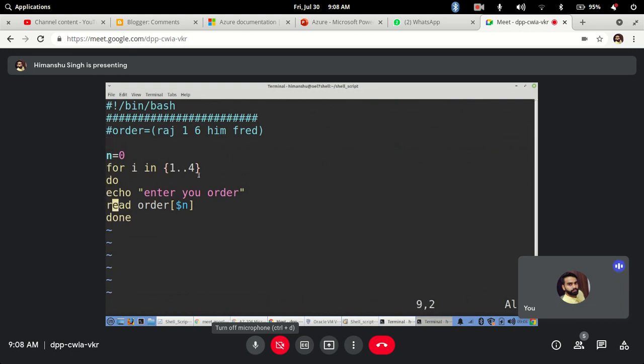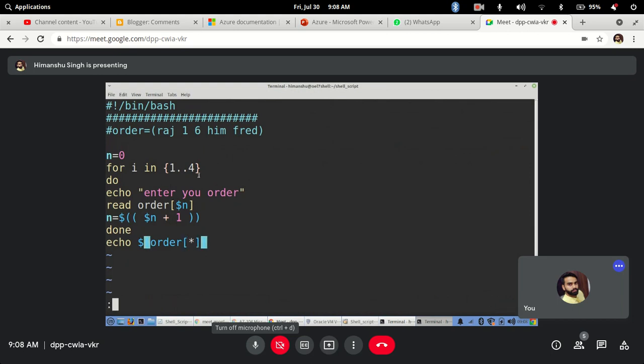First it will read at the 0th position, then it will read at the next position. So I have to add a counter, n equal to dollar n plus 1, and at last I will print echo dollar order star.